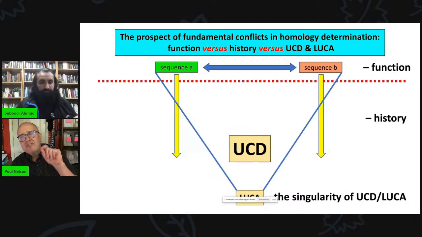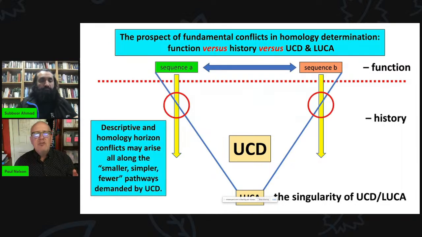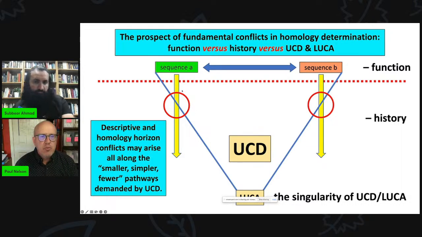As you go back in time, the number of entities to which you can appeal to build your evolutionary trees goes down rapidly. They just haven't evolved yet. And you may find that your functional descriptions and your evolutionary descriptions are in conflict with each other. So these red circles here indicate points of conflict where my functional